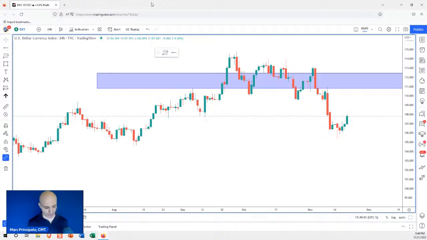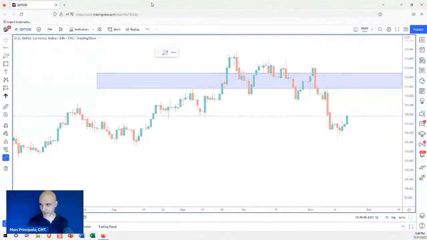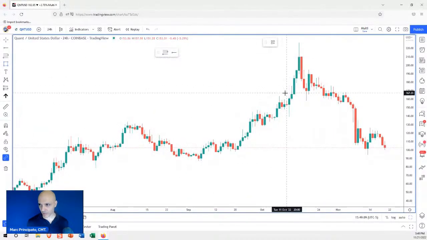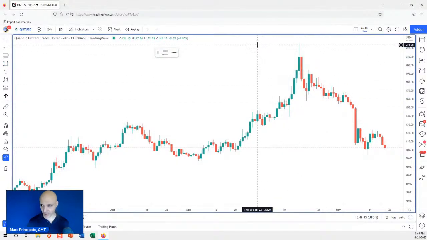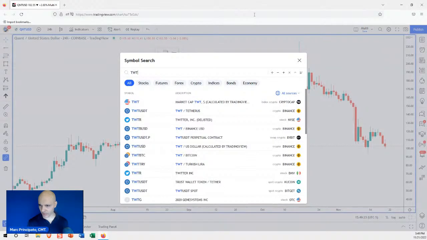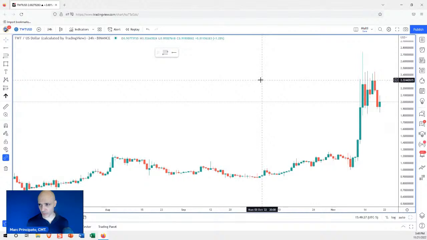Here, how about this? Let's take a look at, remember these QNT? Remember this nonsense? Look, this was just a couple of months ago. Do you remember Quant? All the nonsense and all the hype and all the garbage. Has anyone got caught in that? Because this is what comes next. What was the other one that you guys were talking about? WTW, I think it was, right? Was that the other one? Because it was tweeted from the Binance guy, right?